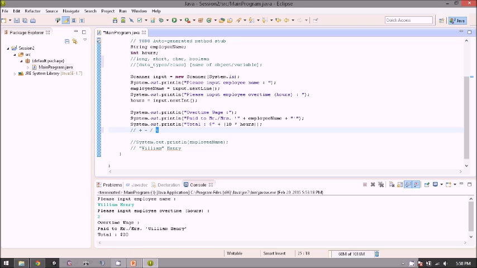This one is used as modulo. So if you want to get what is left if 5 is divided by 2, you can use modulo. And then there are other things like increment, double plus, decrement, double minus, and other things.